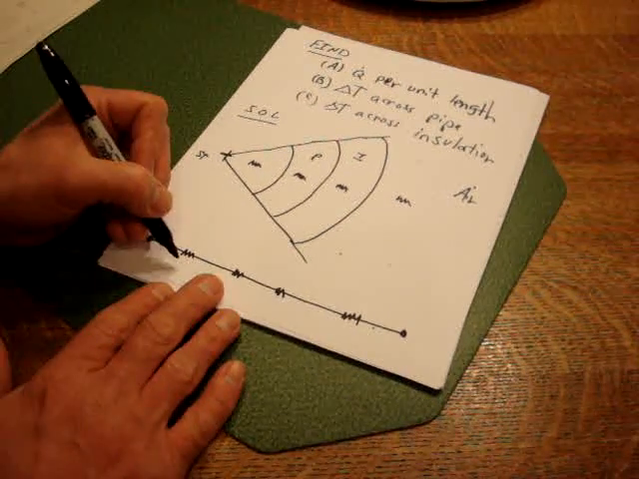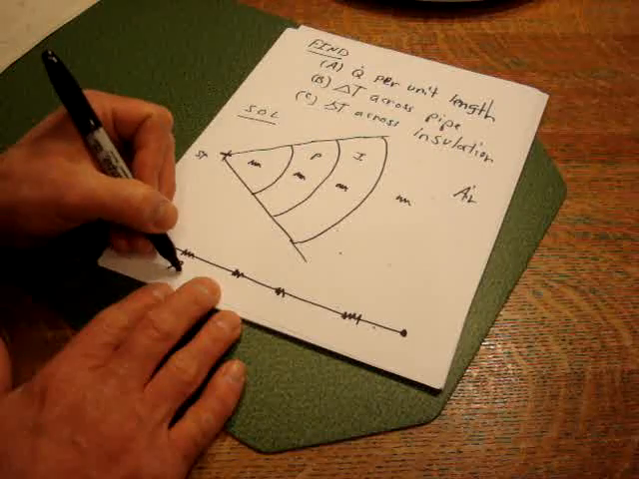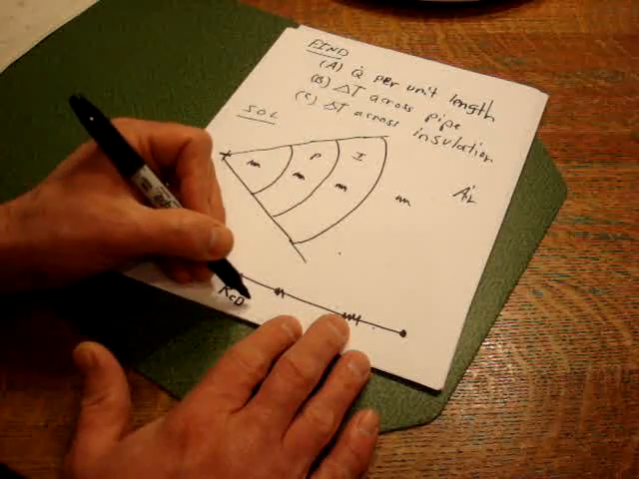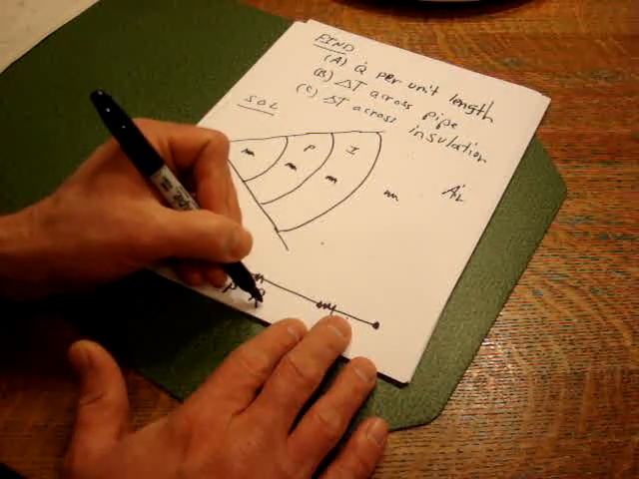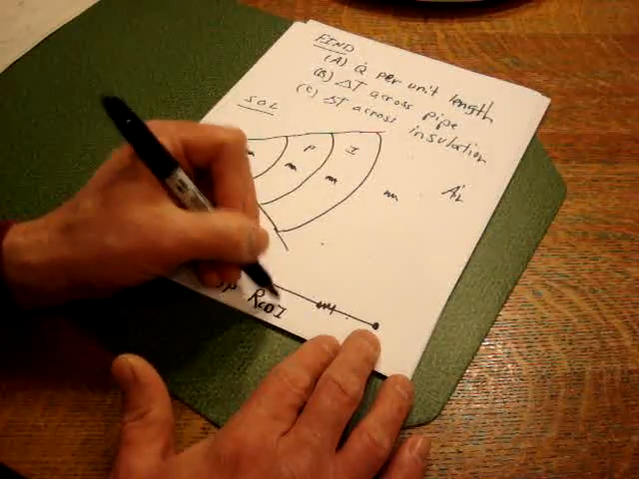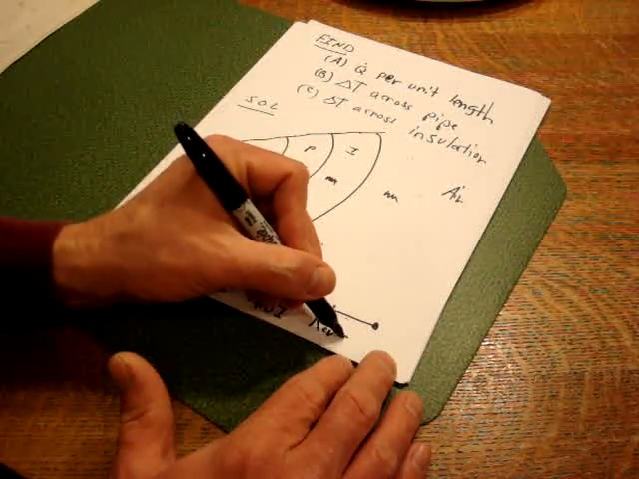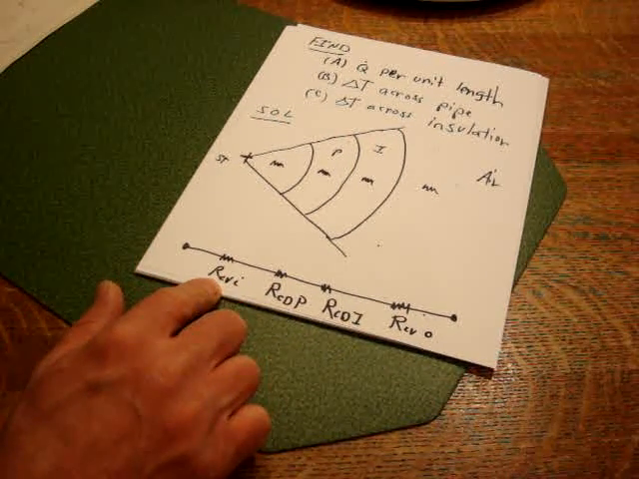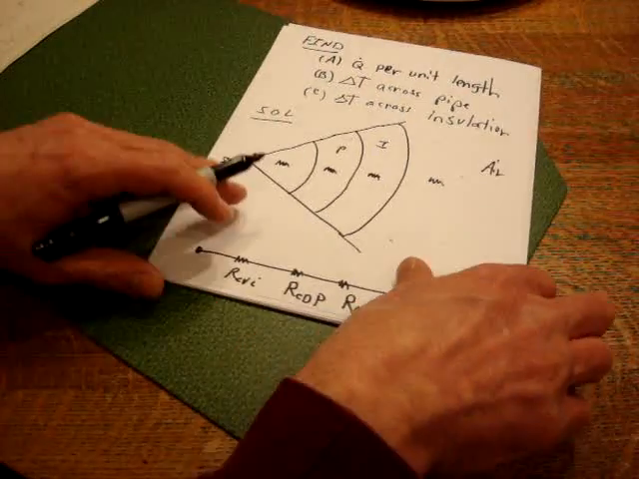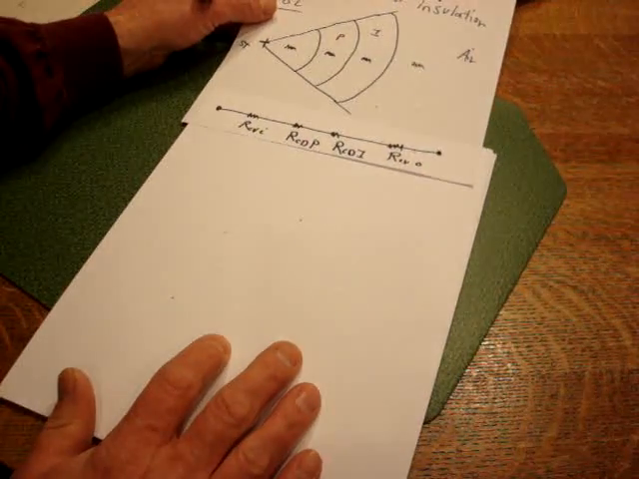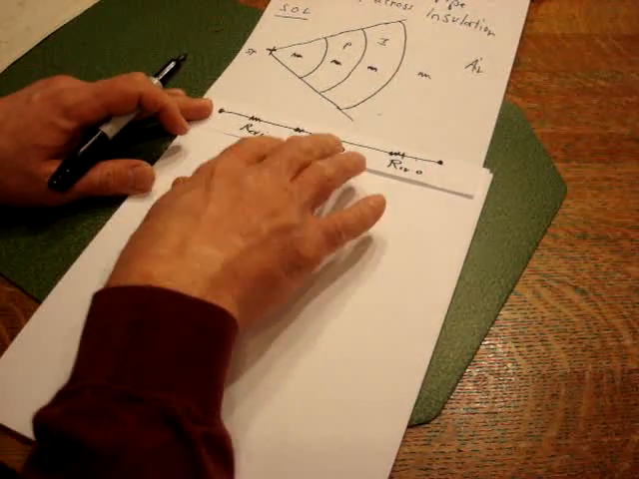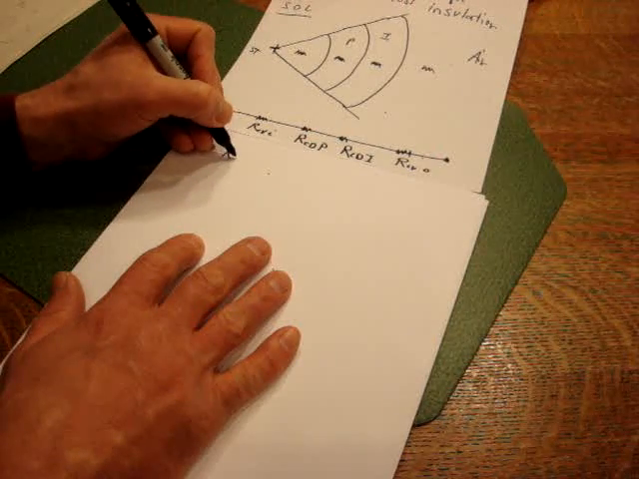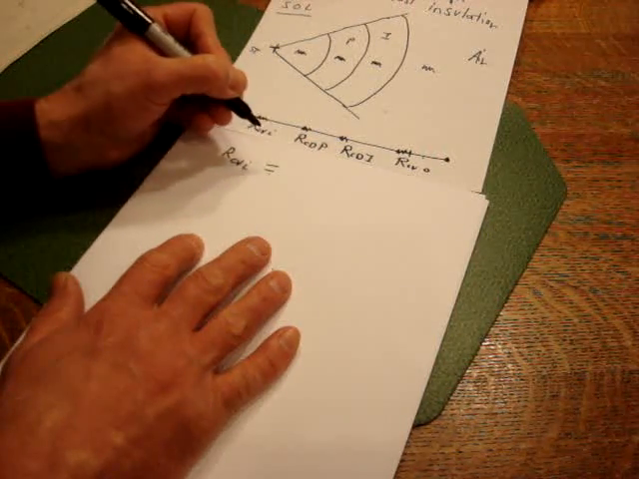Okay, this is R convection on the inside, R conduction, I'll just say P for pipe, R conduction, I for insulation, R convection on the outside. Okay, so if you recall from our previous lecture, let me put this on another page here. Our convection on the inside is equal to